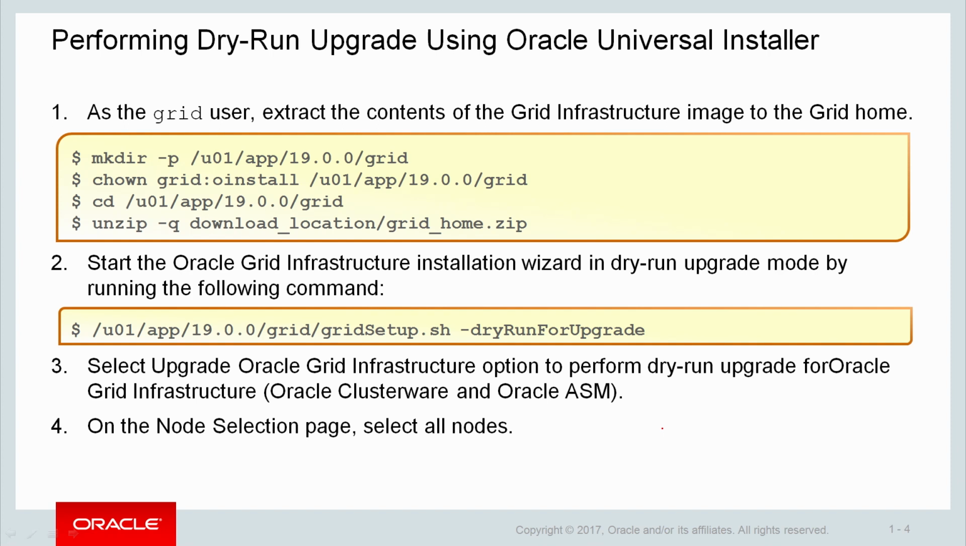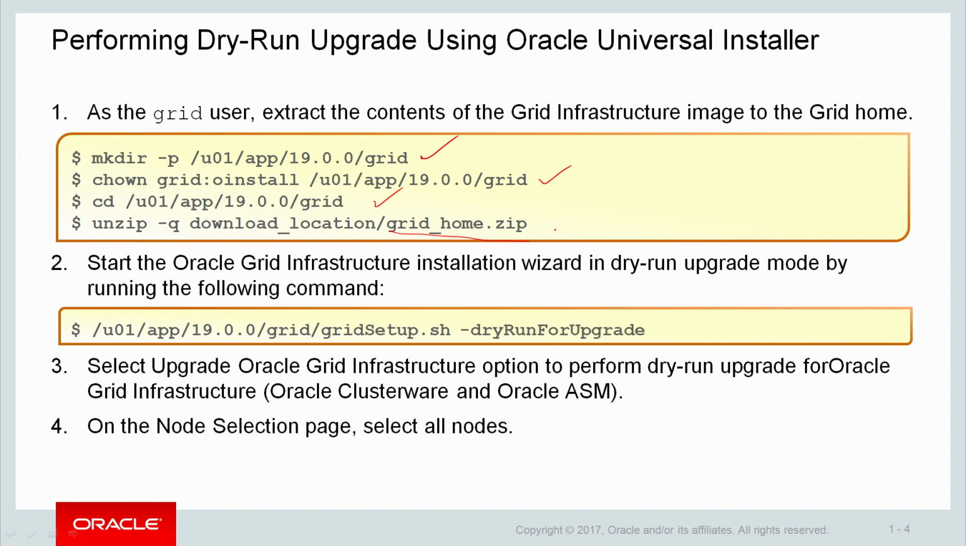So as the grid user, you extract the contents of the grid infrastructure image into the grid home. You make a directory, and set the permissions on the directory to be the owner of the software, so grid and oinstall in this case. Change into that directory, and you should have previously downloaded your grid Oracle home image, which is a zip file. And here we're unzipping from wherever we've located it